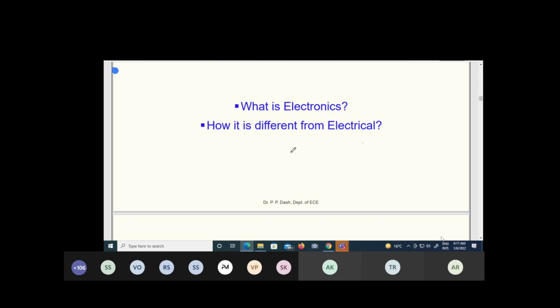But in theoretical analysis, throughout our syllabus we will discuss that the hole is also moving, and we are considering the hole as a moving element, also the electron as a moving element. Actually, practically the holes don't move, but only the position of the hole will change. But for theoretical analysis, we'll assume that the hole is also a moving element like your electron.